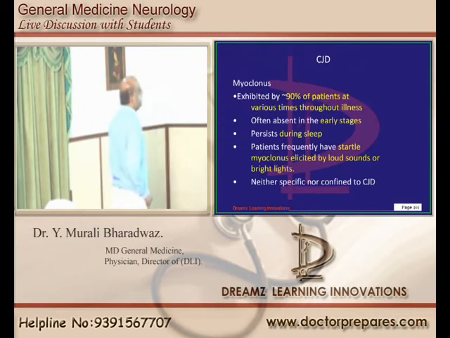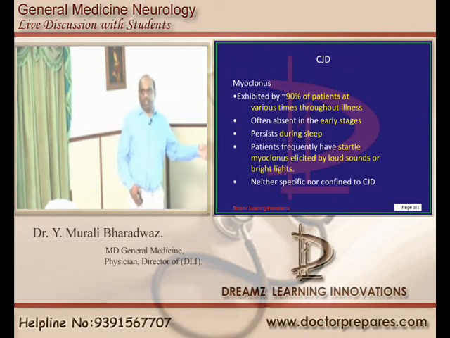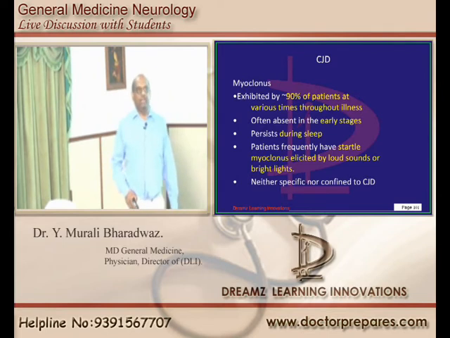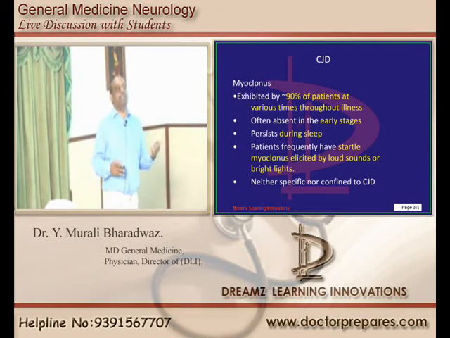Now comes the next topic, prion disease. Basically, prions are abnormally shaped proteins which are causing the destruction of the brain. If you do biopsy you can identify, and they typically will have myoclonus in 90% of patients, and what are absent before you consider prion disease? There should not be fever.